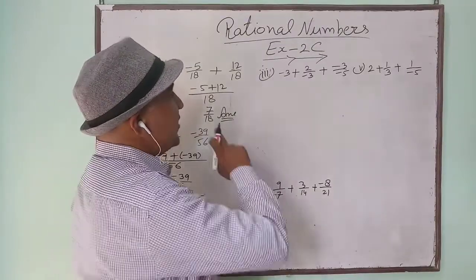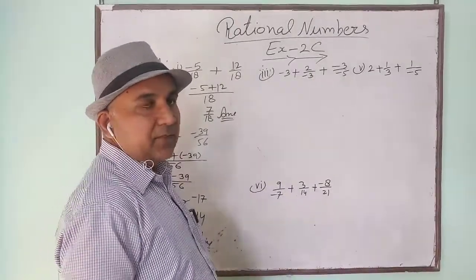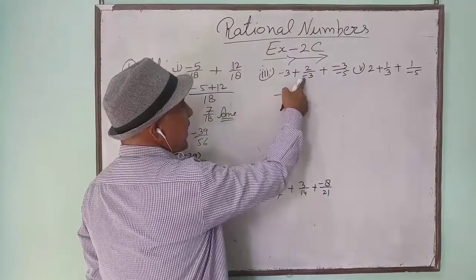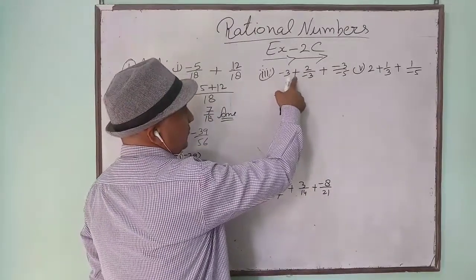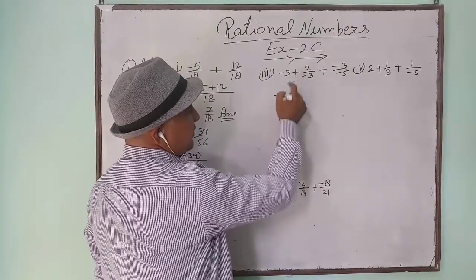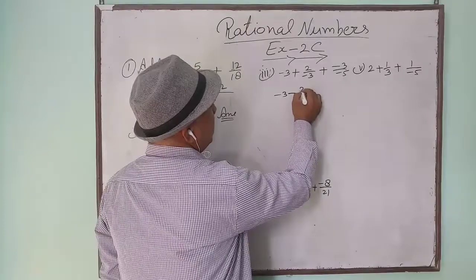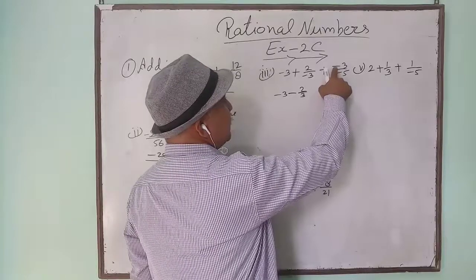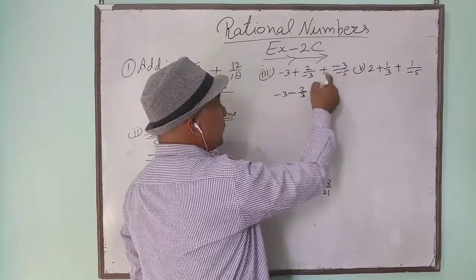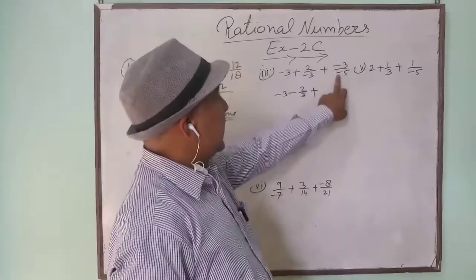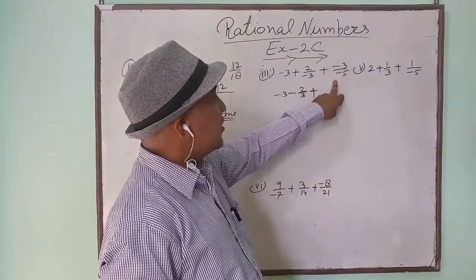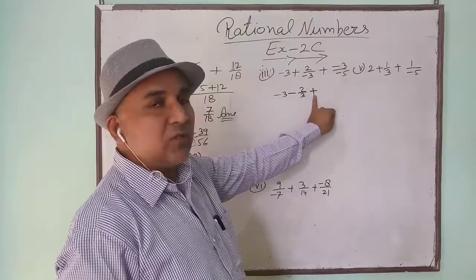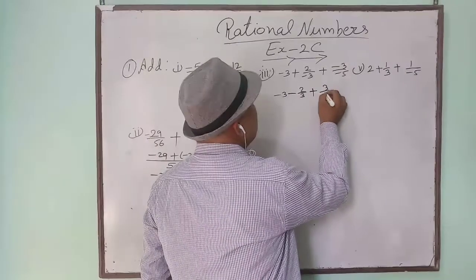Always remember, first change the sign of denominator. And how to solve? See here. This is 2 minus 3. Here this minus is multiplied with plus. This plus is multiplied with minus, so it will become minus. And here it will remain 2 by 3. Same as here. Minus is dividing minus coming plus, and plus into plus becomes plus. See this process. Here minus and minus are cancelling each other. So your 3 by 5 will be positive, and positive sign is multiplied with positive. So positive will be the result. So you can write here 3 by 5.